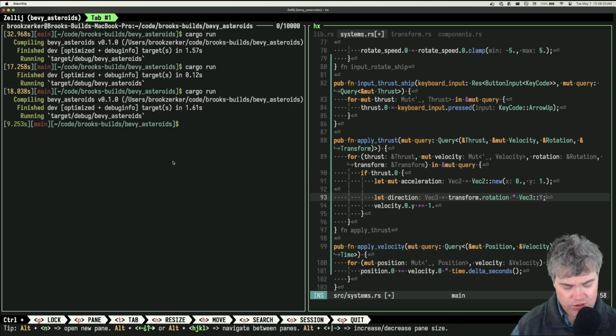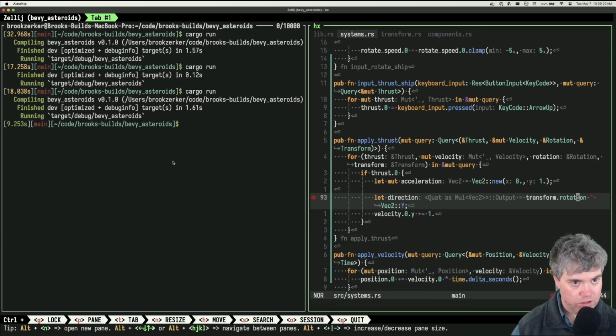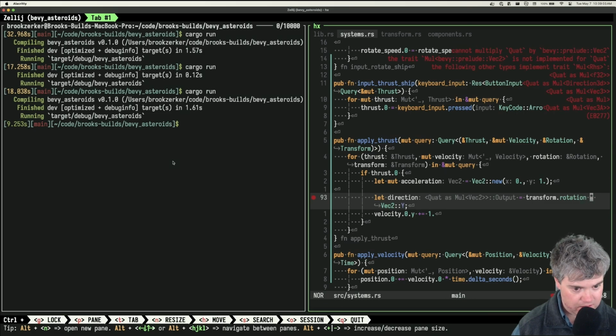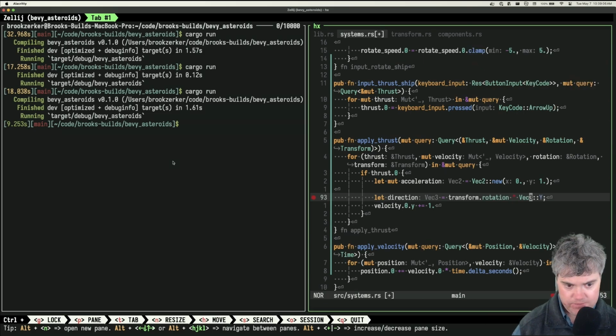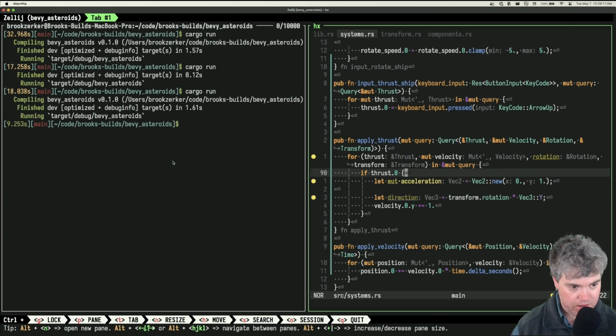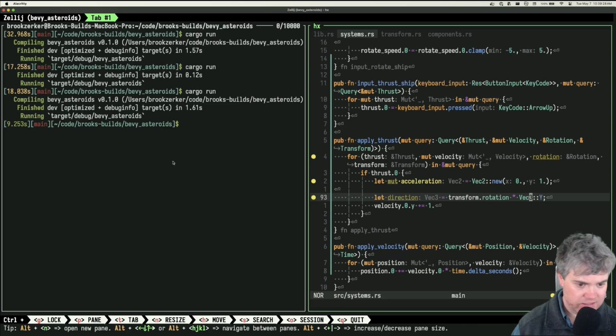That gives me a vec3. Can I do this as a vec2 instead? No. Okay, so you need to be a vec3. I wonder if everything else needs to be a vec3 too. Okay, so direction. If I have that, now I want to update. I probably want to normalize the direction, right?